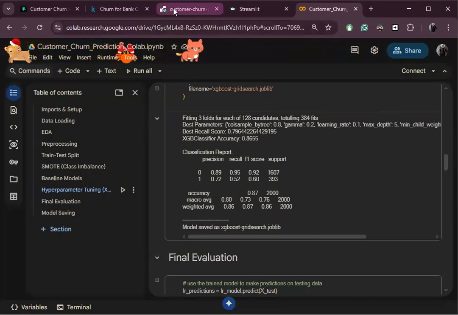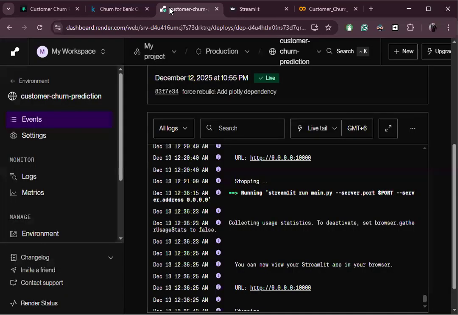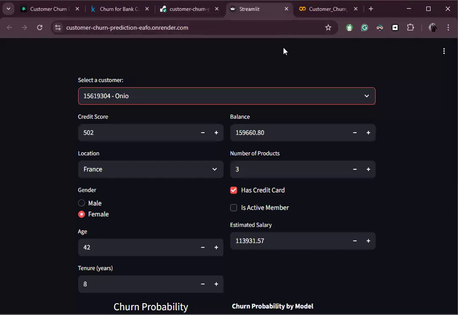And then finally, I deployed the model as a Streamlit web app on Render, which is a cloud application platform. So this web app allows users, let's say a manager of a bank, to view customer details, the attributes of a customer, like the customer ID, name, credit score, location, and number of products they've purchased. So once you choose a customer, let me actually choose a customer,